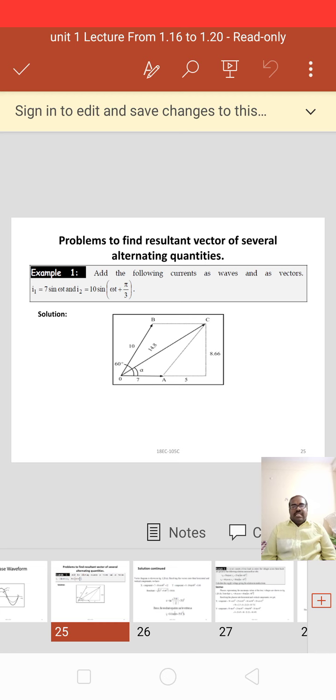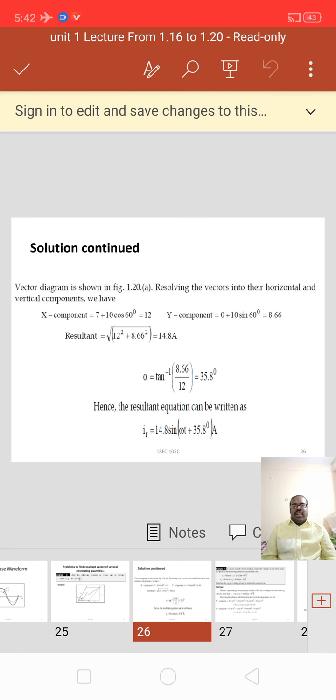Okay, see here, generally alternating quantities are shown on the y-axis and angle values on the x-axis. So the current values I1 and I2 are shown on the y-axis, where I1 is a little lesser than I2, with a phase difference of pi by 2, that is, 90 degrees, shown in the vector form of diagrams.